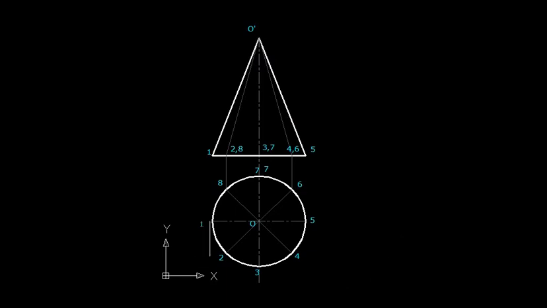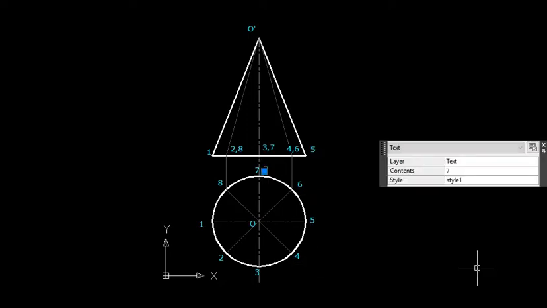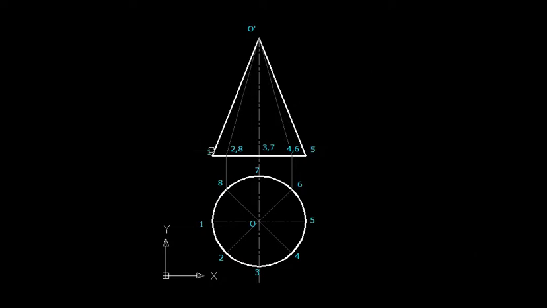So this is the top view and front view of that cone, in which all these numbers 1 2 3 4 are there on the base, whereas this O is the name of the apex which is above the base. This height is called the straight height. The straight height of this particular cone is 65 and the diameter is given as 50. Now we want to draw the development of this thing.